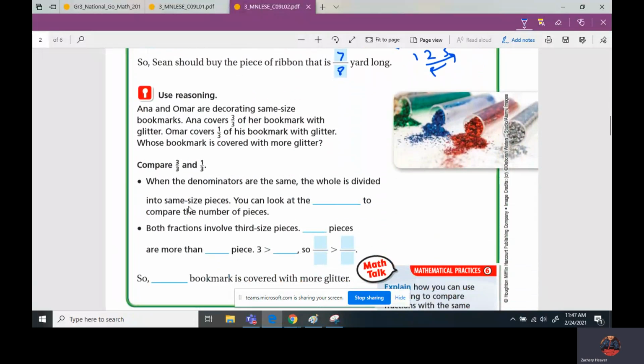Anna and Omar are decorating the same size bookmarks. Anna covers 3/3 of her bookmark with glitter. Omar covers 1/3 of his bookmark with glitter. Whose bookmark is covered with more glitter? Compare 3/3 to 1/3. When the denominators are the same, they're divided into the same size pieces. We have to look at the numerator, which is the top number,